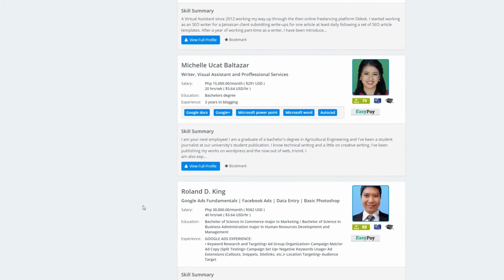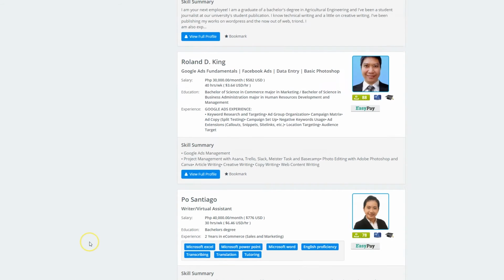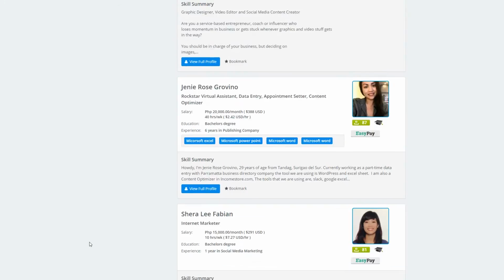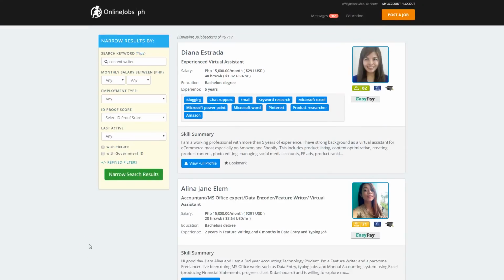You'll notice a lot of these people have 3 or 4 different skills that they've developed working online. And that's another thing to consider as well. How much of a workload can you pass off to your team if you can actually have multiple people handling multiple jobs per person? So this is a great way to search out people who are already qualified for the skills that you have. However, the most common way to approach recruiting on onlinejobs.ph is filling out an actual job